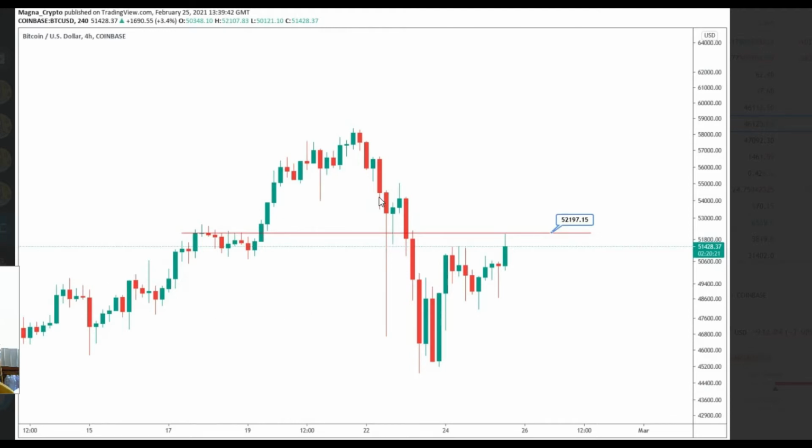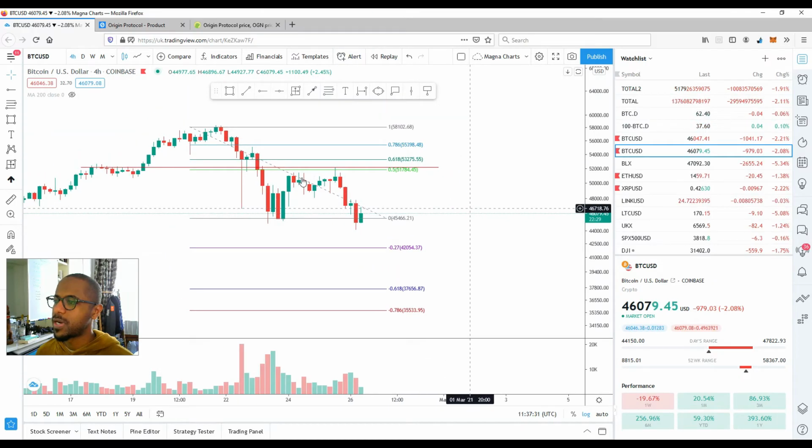But this doesn't matter if you're a long-term investor. So what I was saying is this resistance over here needs to be broken before we can actually celebrate about this correction. And now looking at the price, so I made that tweet over here just as we were testing